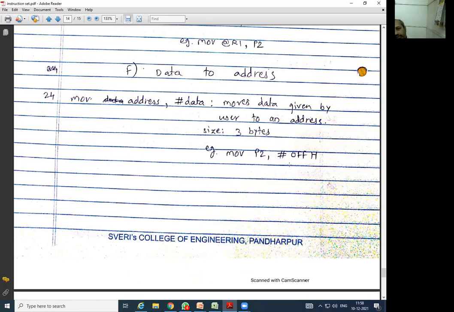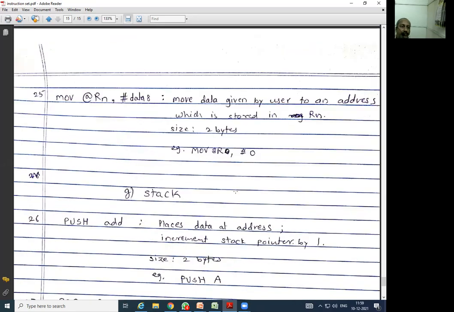So for example is also given, that is hash. This is normally we are used so many times. MOV P2, #0FFH. So one tip also it was given so many times, की जर तुमचा FF डेटा असेल म्हणजे अल्फाबेटिकल असेल, तर त्याच्या आधी 0 लावणं कंपल्सरी आहे. नुसतं #FFH यू कॅनॉट राईट. जर 11 असतं तर ठीक आहे की #11H, पण जर हे अल्फाबेट असेल ABCDEF तर कंपल्सरी तुम्हाला त्याला प्रिफिक्स 0 लावावं लागतं. ओके, सो दॅट जस्ट रिमेंबर.